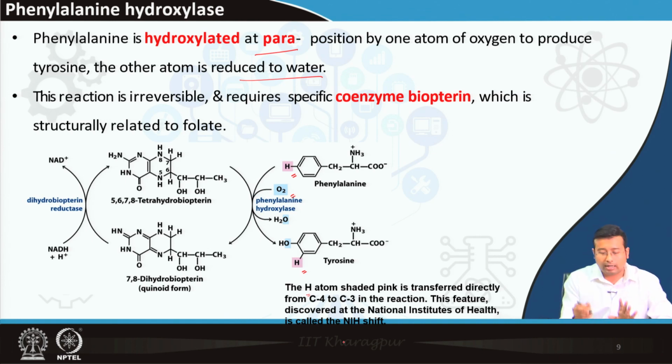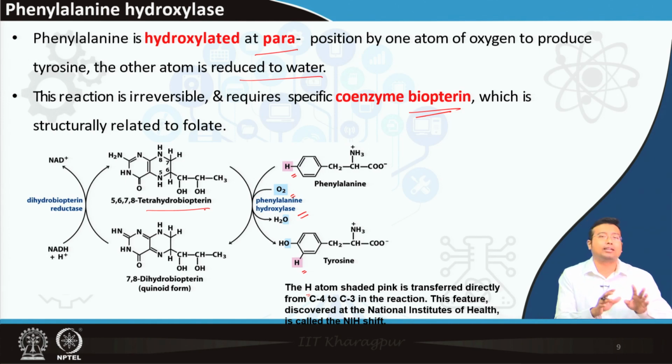What we need to know is that the enzyme causing this is phenylalanine hydroxylase, and that enzyme requires a coenzyme, which is biopterin, in the form of tetrahydrobiopterin. This is very similar in structure to folic acid. Folic acid is a vitamin, and tetrahydrobiopterin is very similar in structure to folic acid. So this is the enzyme phenylalanine hydroxylase, and this is the coenzyme